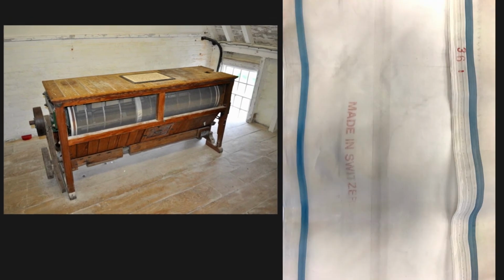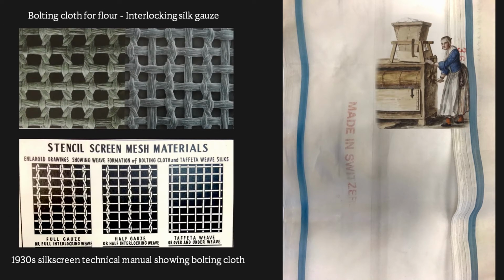Bolting cloth was hand-loomed by silk weavers in Switzerland for centuries and continued to be up to and through the 1960s. Now, it's important to note that screen printing mesh throughout most of the 20th century was not just inspired by bolting cloth. It was bolting cloth, literally exactly the same material. If you want to make a screen print in the mid-20th century, you buy this exact mesh from Switzerland, whose properties are ideal not only for sifting flour, but also for sifting images.